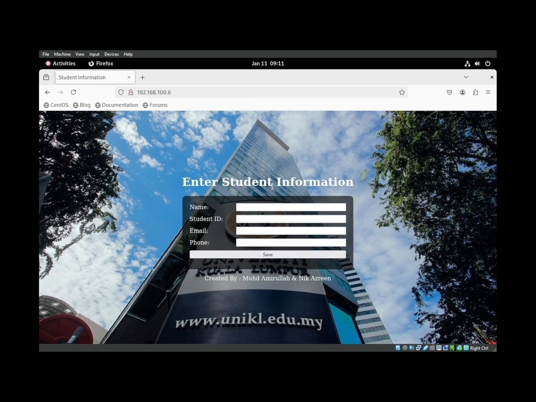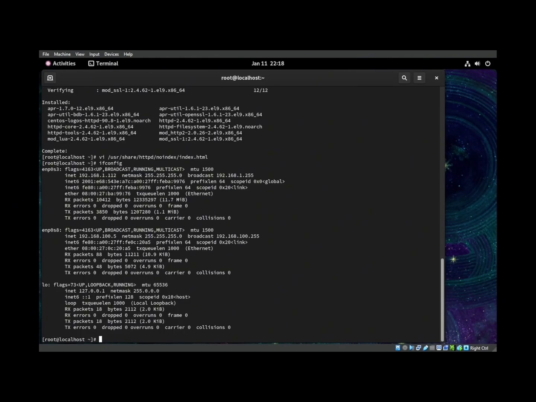Alright, so by the way, on the firewall configuration, we need to forward the port to the web server IP address. So how to do it? By running the following command: